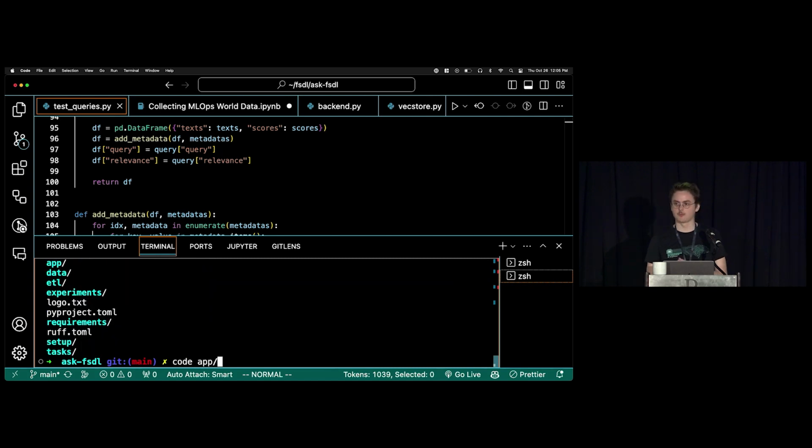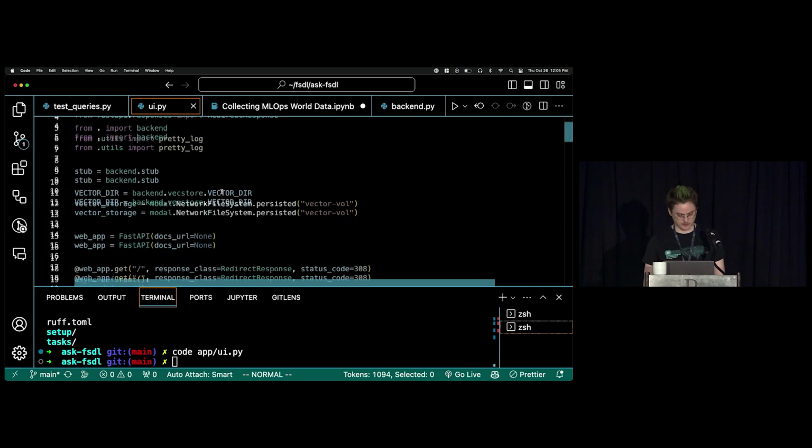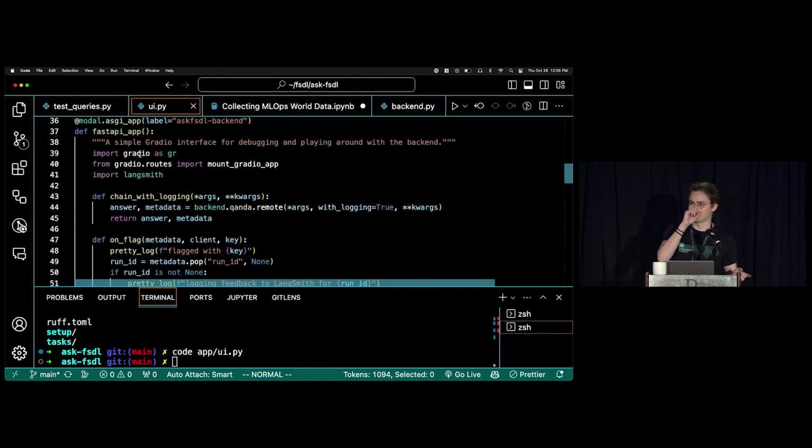So people are maybe familiar with Streamlit as a solution to this problem of taking a little bit of Python code and wrapping it up into a user interface. There's a newer library that I really like for this called Gradio. Gradio is now part of Hugging Face. It takes advantage of some recent improvements in Python, which is the addition of an async runtime, which makes building a scalable web service a lot easier. And it allows them to do something a little bit closer to a React kind of execution model